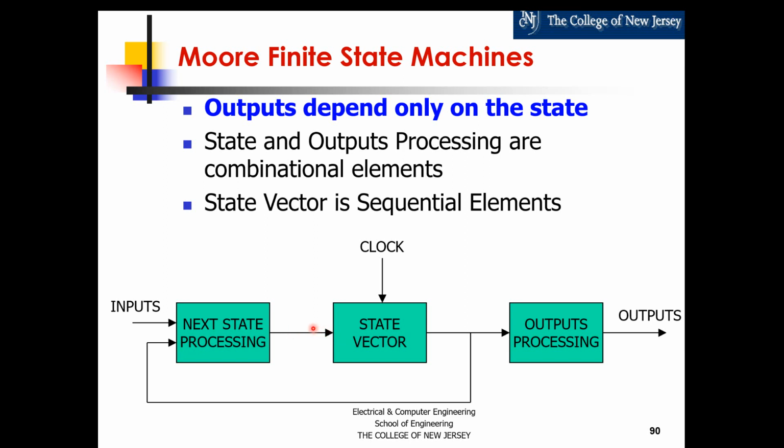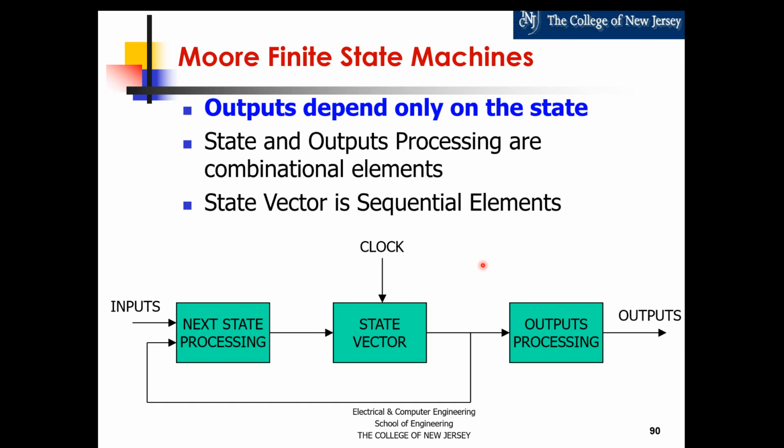So that's the Moore finite state machine. So the outputs, since they are dependent only on the state, change synchronously with the clock. Only when the state changes, which only changes with the clock, that's when the outputs change, because they only change when the state changes. So it synchronizes the outputs. And that's nice. And you should always try to use this type